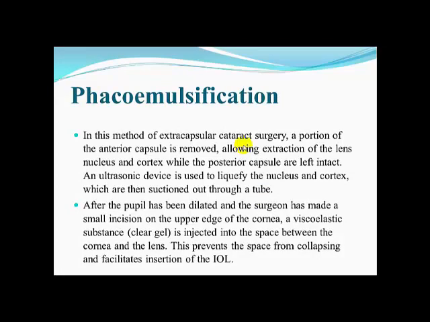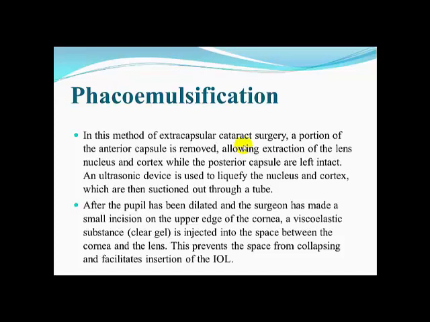Phaco emulsification, استحلاب العدسة. In this method of extracapsular cataract surgery, a portion of the anterior capsule is removed، أي إن الانتيريور كابسول يزال، allowing extraction of the lens nucleus and cortex. Then the nucleus and cortex are removed while the posterior capsule is left intact، ويبقى الجزء البوستيريور بالكابسول intact. An ultrasonic device is used to liquefy the nucleus and cortex, which are then sectioned out